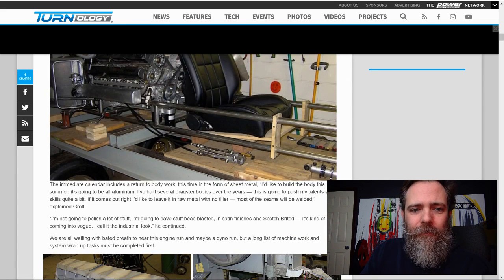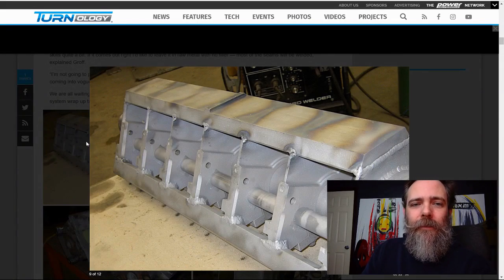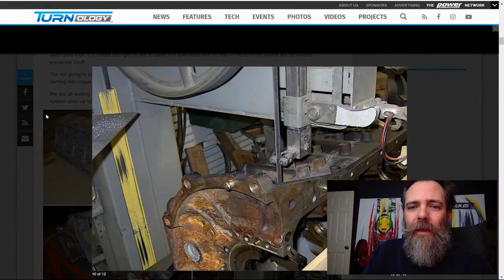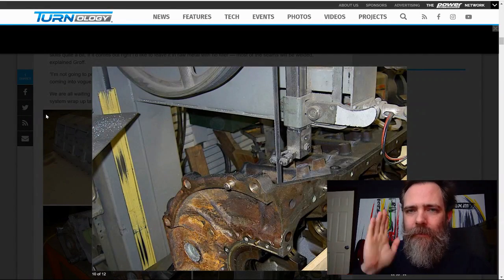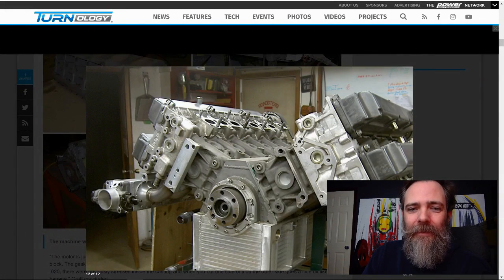So here's what he had to do. He took basically this form for the crankshaft. He made his own crankshaft. I mean, there's no guideline for this. He then cut two blocks vertically in half with a giant bandsaw and kind of wedged them together in this